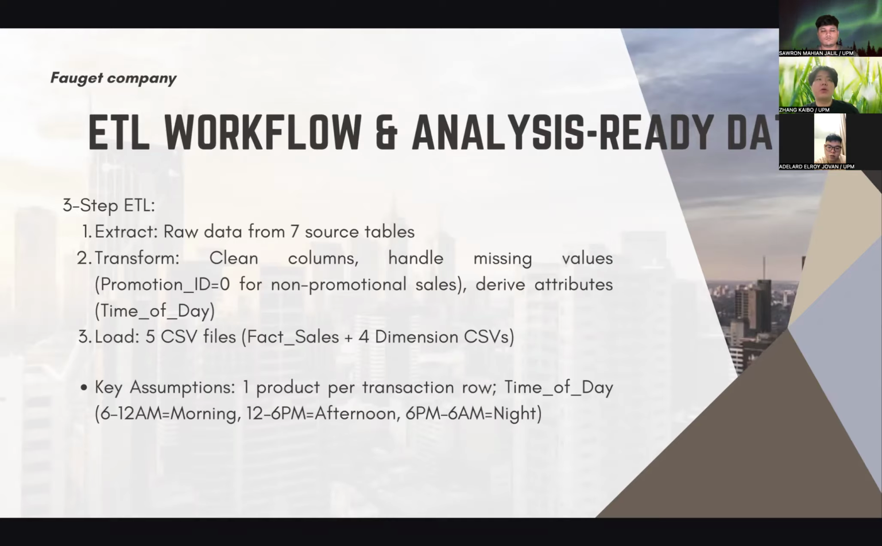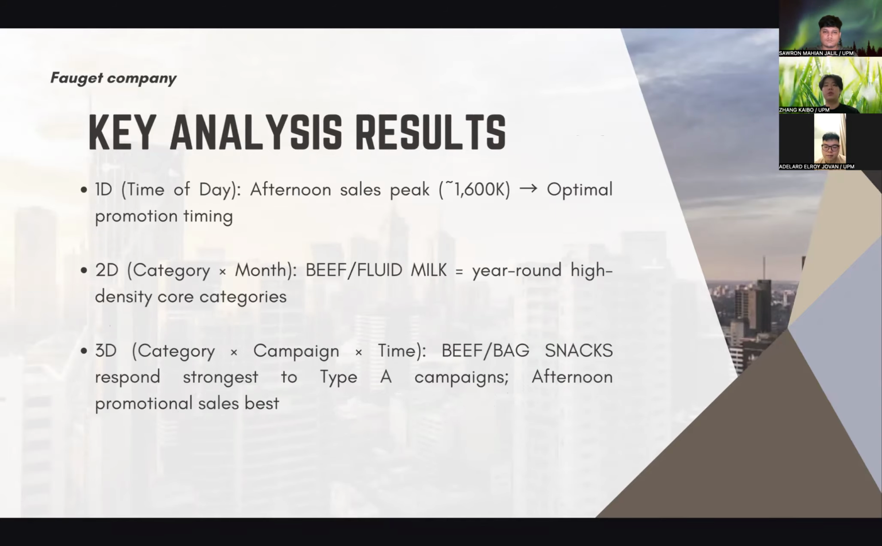And also we save the data into 5 CSV files, 1 main sell table and 4 dimension tables. We also made some simple rules, like each row in the sell table is a product transaction, and we split the day into morning, 6 to 12 a.m., afternoon, 12 to 6 p.m., and night, 6 p.m. to 6 a.m. And then on the next page we will talk about